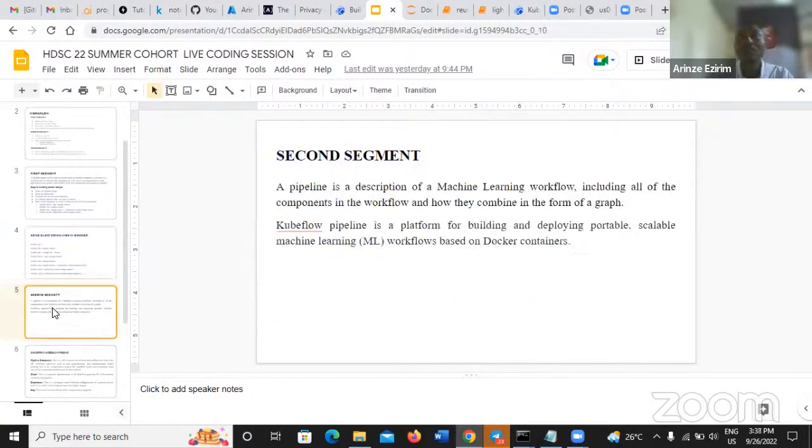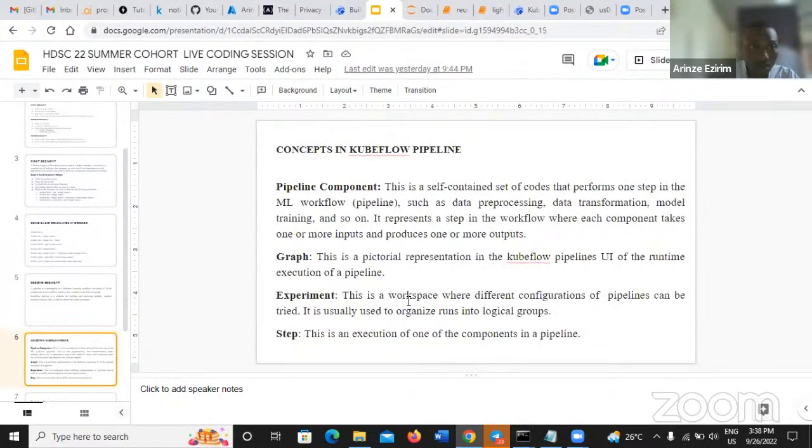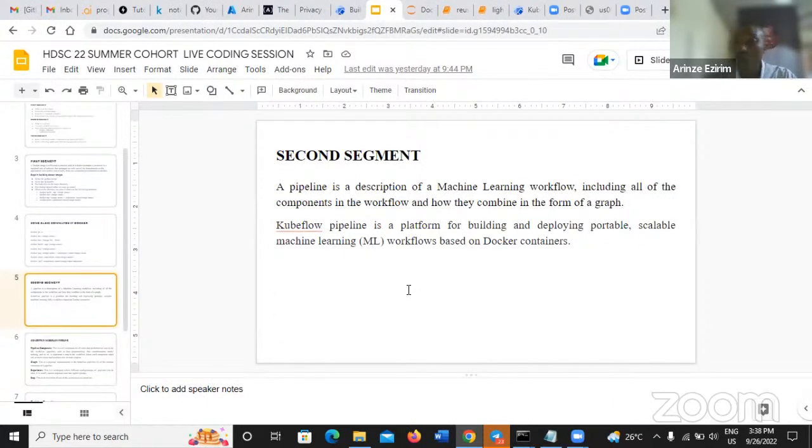Now, a pipeline we know very well, we said, is a description for a machine learning workflow, including all of the components in the workflow and how they combine to form a graph. Now, a Kubeflow pipeline is a platform for building and deploying portable, scalable machine learning (ML) workflows based on Docker containers. And that was why I felt the need to first illustrate how to build a Docker image and then